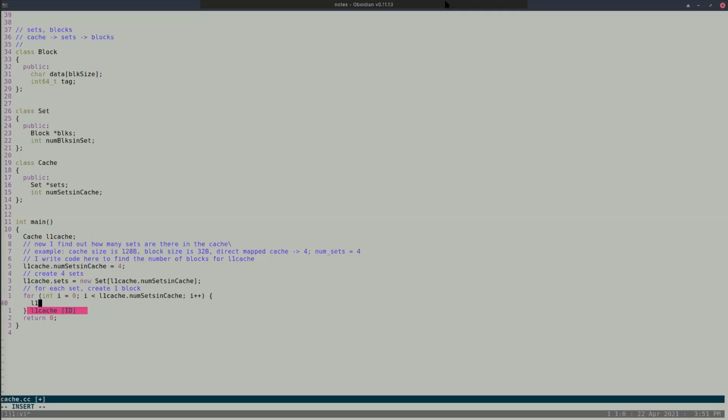So I say L1 cache dot sets of i dot number of blocks in the set. I already figured out that there's only 1 block in the set, and then I do L1 cache dot sets of i dot blocks is equal to new block. And in this case, it's 1, so I just write that directly.